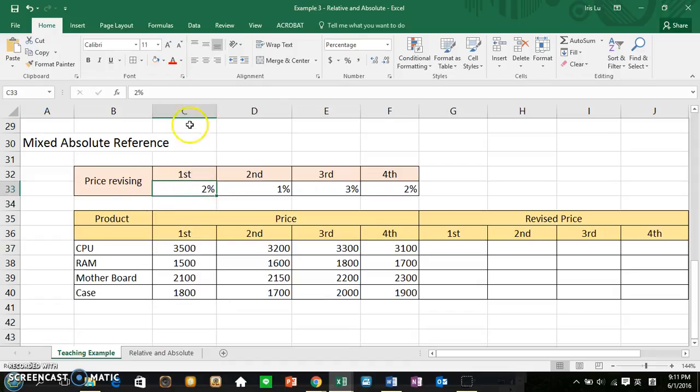So this sales is C33. I can write it down here so we can compare to other sales later. Now for the second season, the price will be revised by 1%. So this sale is D33. So let's put D33 here for all